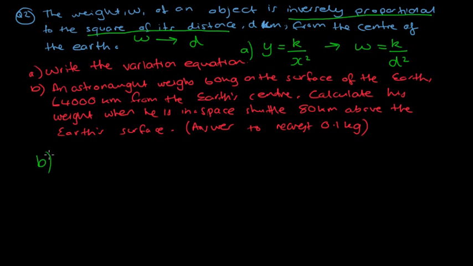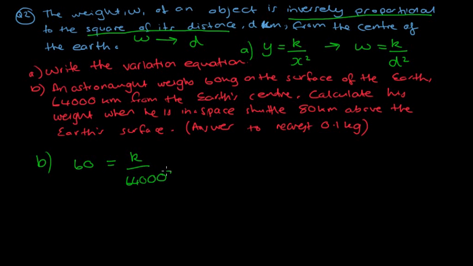Part B: an astronaut weighs 60 kilograms on the surface of the Earth, 64,000 kilometers from the Earth's center. Calculate his weight when he is in space, in a space shuttle, 80 kilometers above the Earth's surface. Well, first of all, we need to put the first two values into the equation to get the value of k, and then we can rewrite that variation equation. So let's rewrite it. We've got the weight of the astronaut, a 60 kilogram astronaut, equals k over, and the distance is